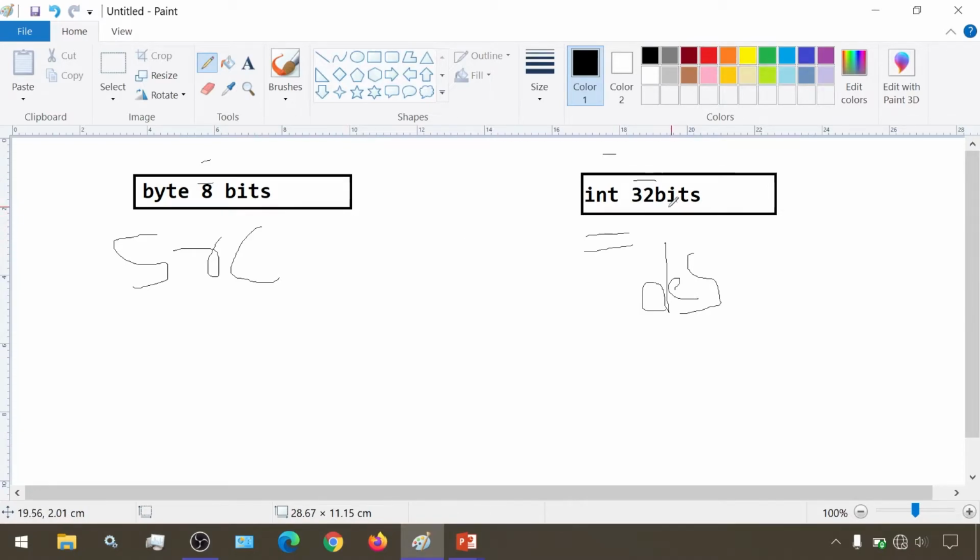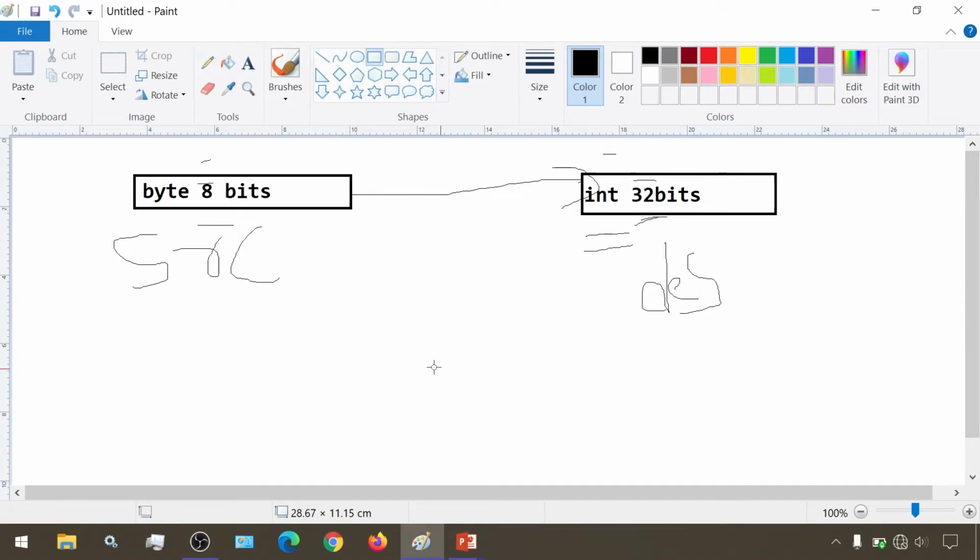So obviously int is bigger than byte, so we can store byte values in int values. The widening conversion from byte to int will be automatically performed by Java, and we aren't needed to do it explicitly. We don't need to write any code for these 8 bits to be converted into these 32 bits. It will happen automatically.